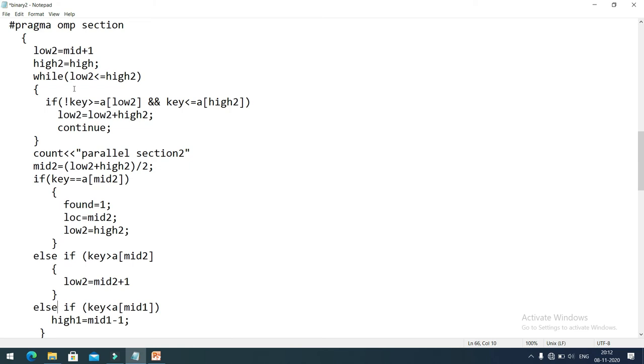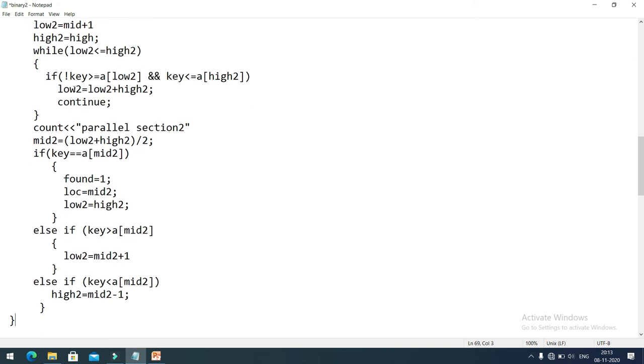Else, here also instead of mid 1 it is mid 2, and high 2 equals to mid 2 minus 1. That's all.